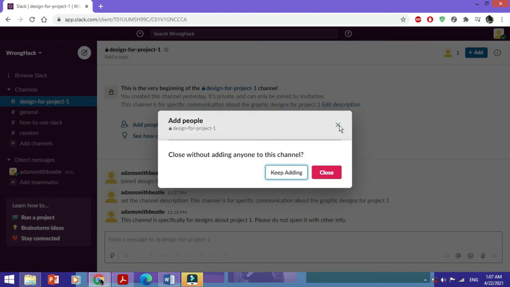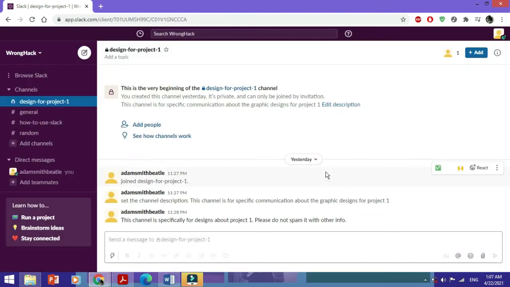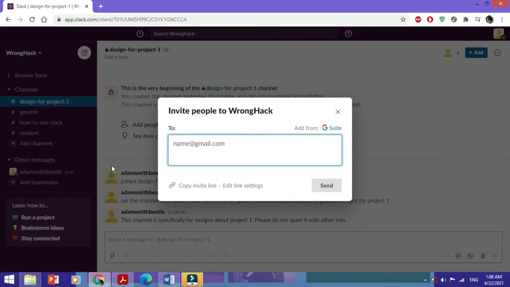If you want to add people directly to your workspace, what you do is you would just select add teammates. This is the option you would choose in here, and you could just type in the emails of anybody you like, and of course those people would then receive emails. This is about adding people to the workspace itself, not to any specific channels, the main workspace. So let's type in the email there once again,